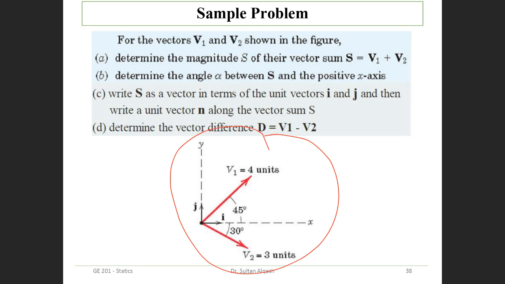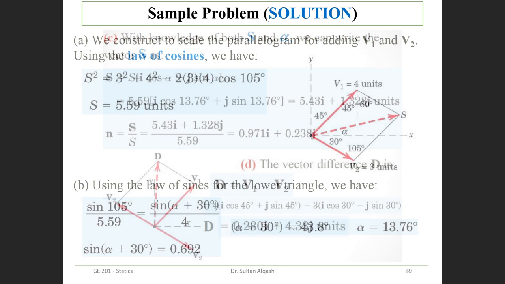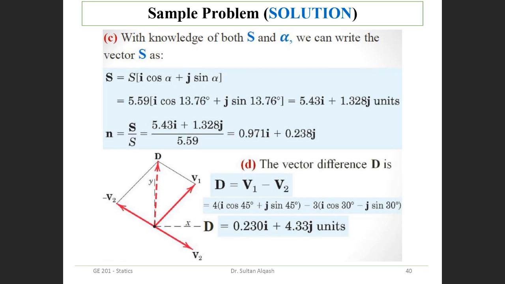So this is also one of the examples in chapter 1 in your book. The book I'm talking about is by the authors Meriam and Kraige, the 6th edition. I uploaded the ebook, the soft copy, to Blackboard. You can find it. Okay. So we have the problem here. You can solve it by yourself, and we are done with the first lecture.